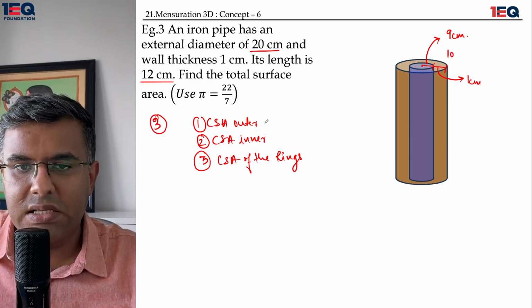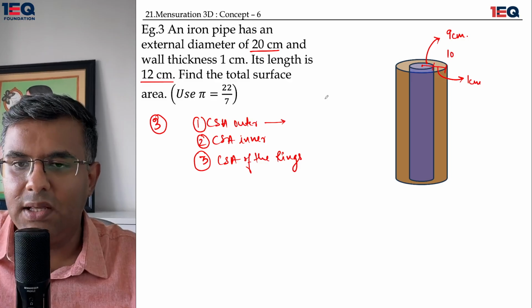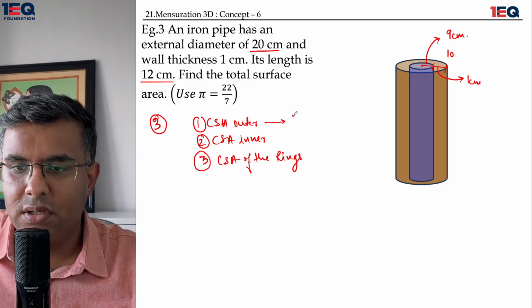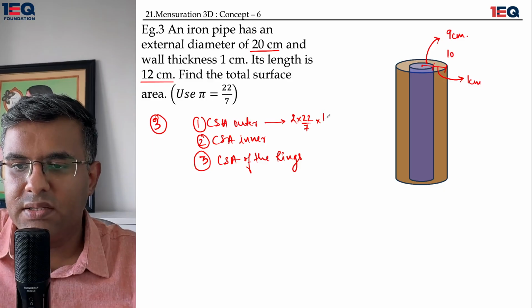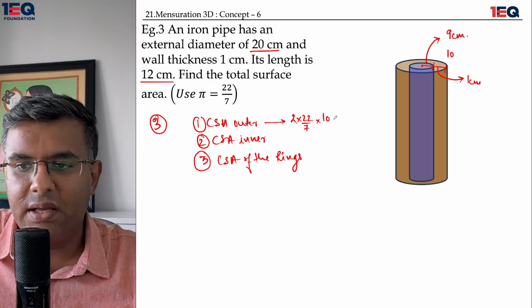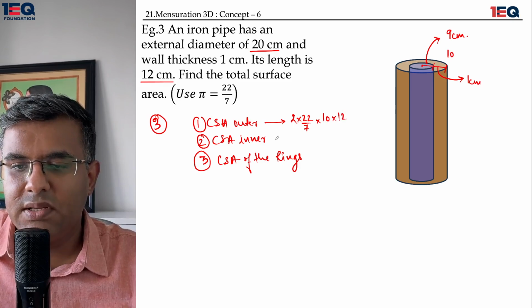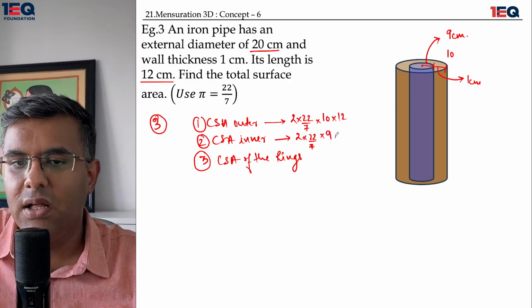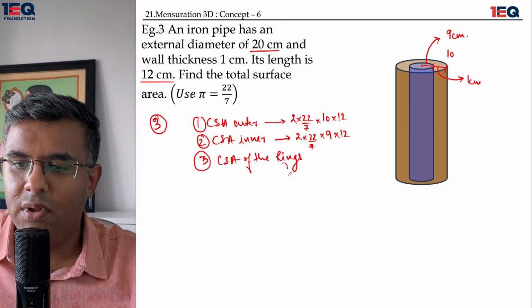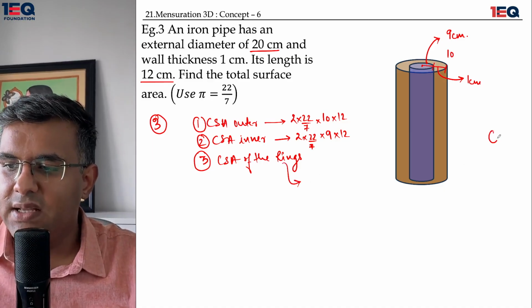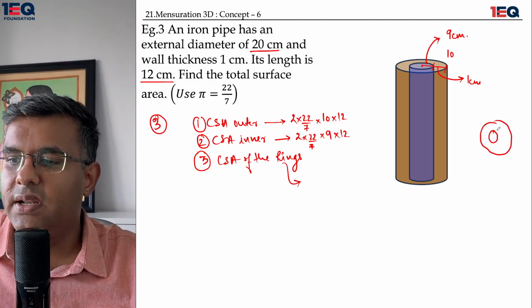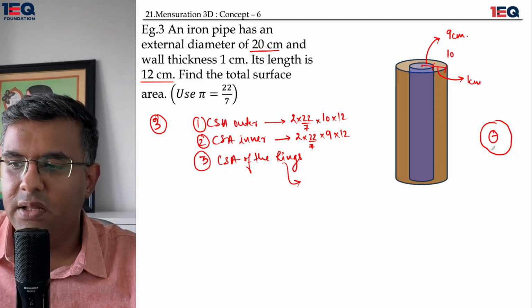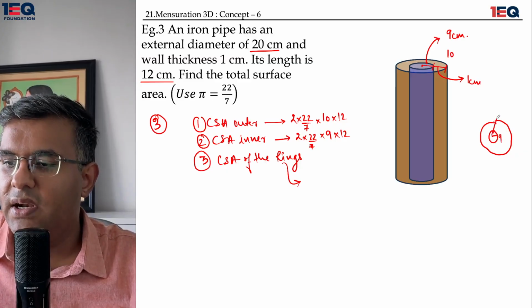The outer side has the external diameter as 20, so divide by 2, it will give us the radius. 2 pi rh. 2 into 22 by 7, 2 pi r is equal to 10, and the height has been given as 12. Similarly, the CSA inner would come as 2 into 22 by 7 into 9, which is the new radius of the inside, multiplied by 12, because the height remains the same. Now, talking about the rings. The rings are nothing but two concentric circles. The one which is inside has a radius of 9, and the one that is outside has a radius of